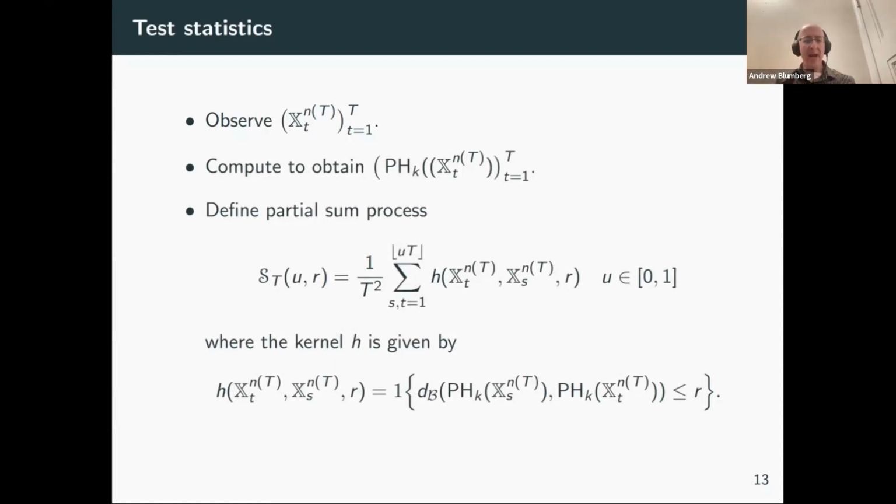the sum over all pairs of an indicator about whether or not they're within R. So this is some kind of empirical estimate of ball volumes around each of the points. Okay, and this is something like a U statistic. So we have this partial sum process, and it's a function of this parameter U as well as the radius. And that U, right, what is U indexing? That's taking us across the time series, right? So we look at how the partial sums vary as we move in time. And that's going to give us a family of test statistics that we'll use to detect non-stationarity.